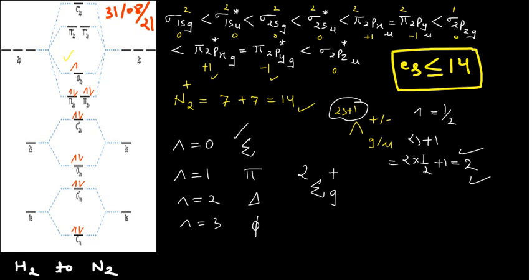So for N2 positive, your molecular term symbol was this one, while in the case of nitrogen only, you were having 1 here. I hope this is clear to you. Now again I am changing the system, so please correct this one. If you put positive here, then this would be 6 and this would be 13. I forgot to do this, but please remember. Okay, so now moving to the next one.